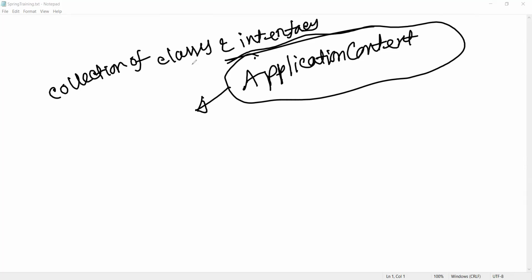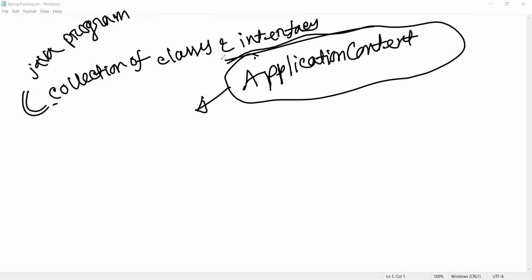So if anyone asks what is Spring container, it is simply a class or interface, simply the Java program, right? Java program means classes and interfaces.